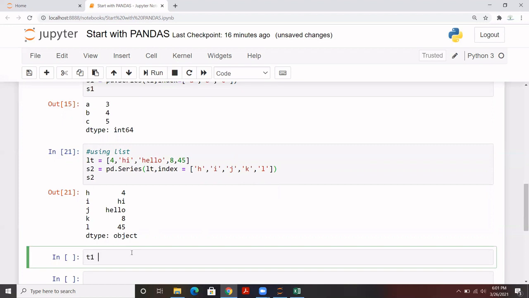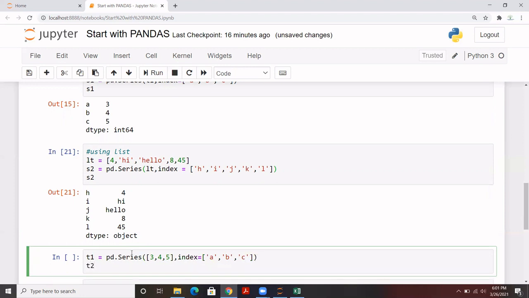I have given this name T1, and the series is, let me create it here only, and I have given some values to this, and in index let me pass, for example, A, B, and C. I have created another series T2, and let me copy and paste it here. Here it is. So I'm going to change some values from here. Let's say it's 5, and let's say it's 8.